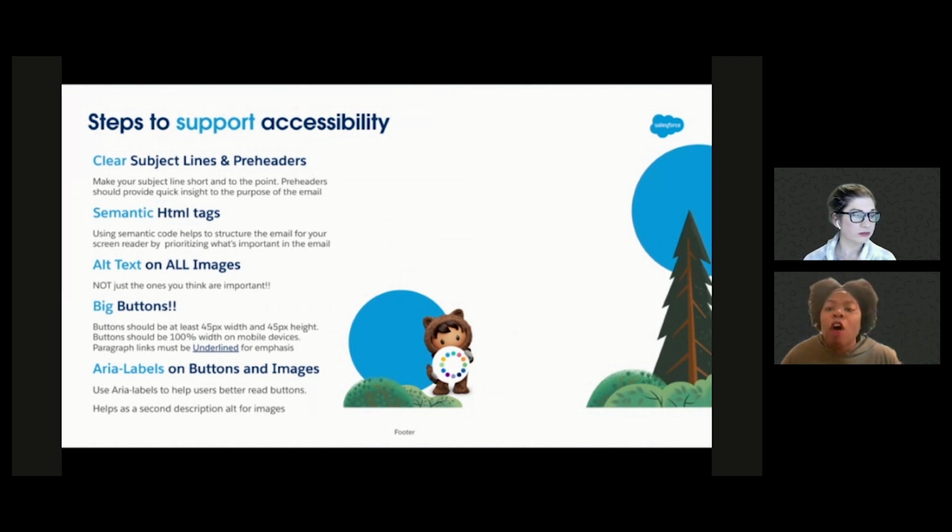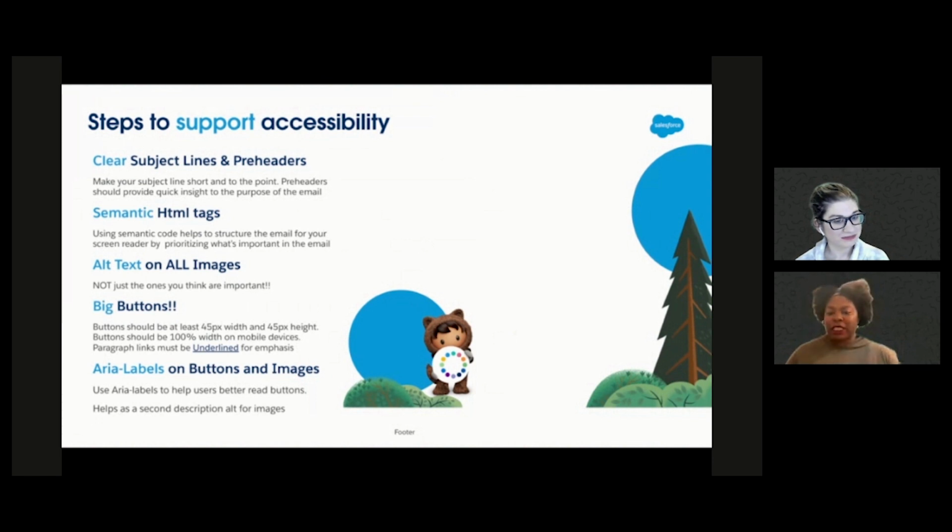Alt text on all images, not just the big ones with the pretty pictures. Put an alt text on an icon. Listen, I always say this, and everyone has heard me say it a million times. Treat alt text like seasoning on chicken. Put it on everything. You have to put alt text on every single piece of the food, or something's going to taste bland.